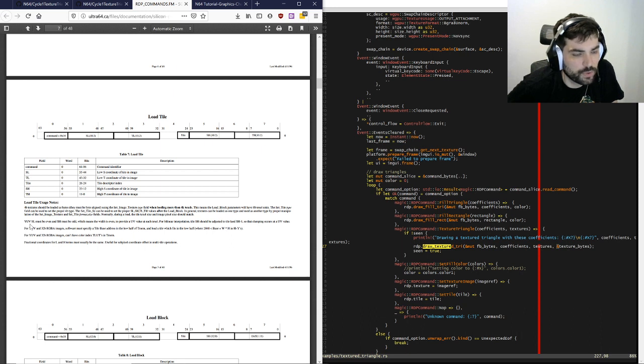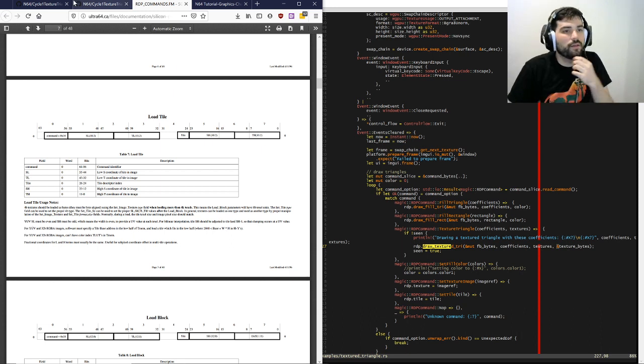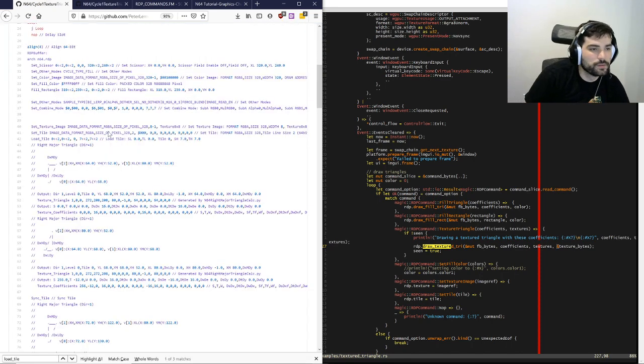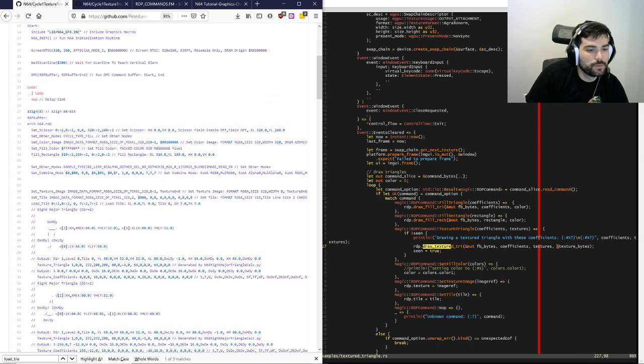Supposed to call load block? I guess we don't have to because Chrome doesn't. So you just call set tile and then load tile. And you load the tile from